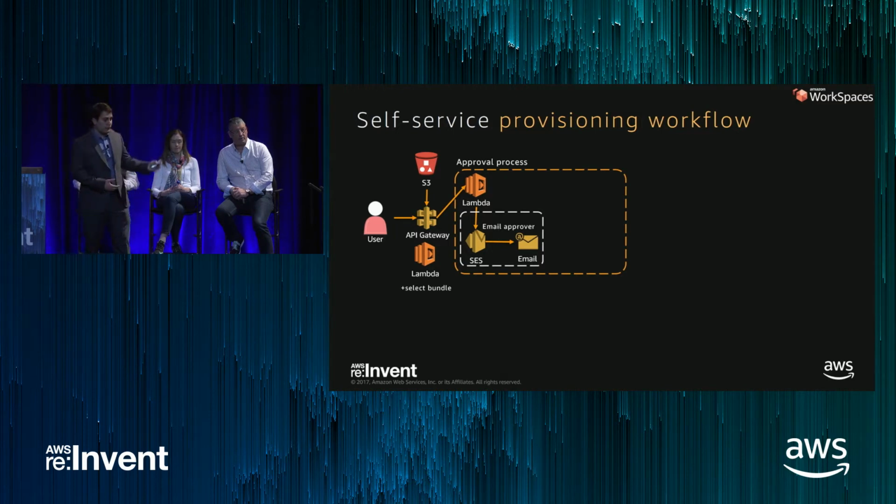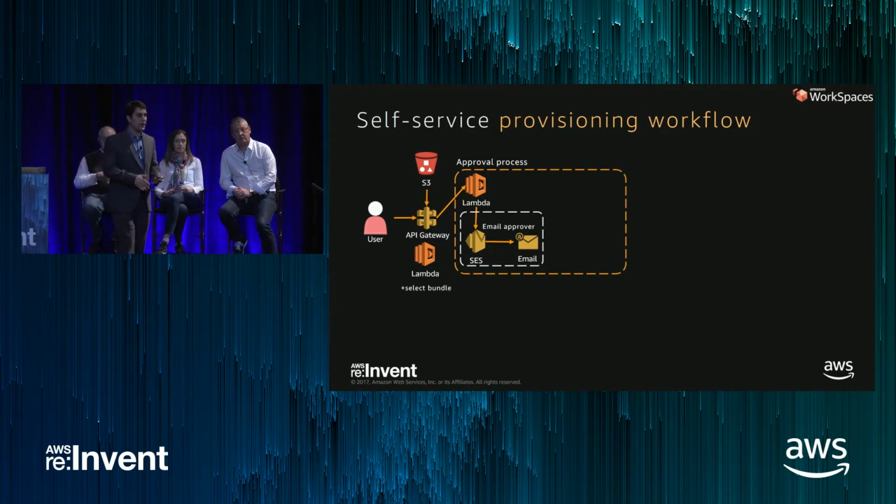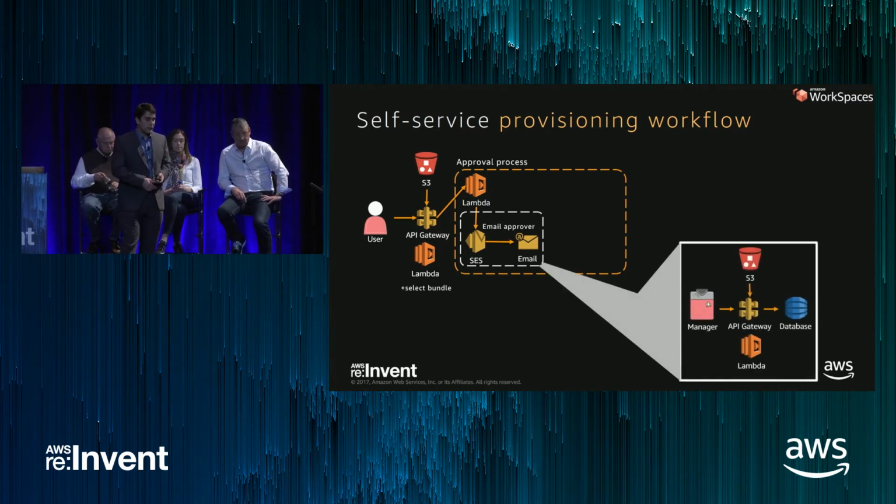We have the Lambda function again there. And what that Lambda function is doing is that it's calling SES, the email service. And that email service essentially is going to send an email out to the IT admin or whoever is managing those provisioning resources for your organization. The email goes to that manager, and I have a nice Star Trek logo there for the manager. And that manager is basically just giving the permission to approve or disapprove this request